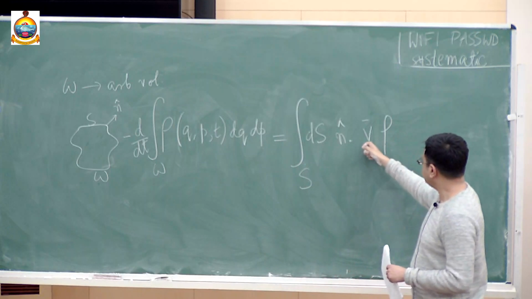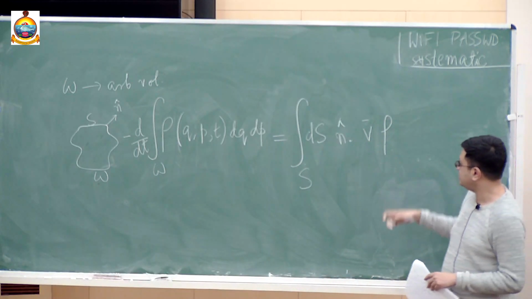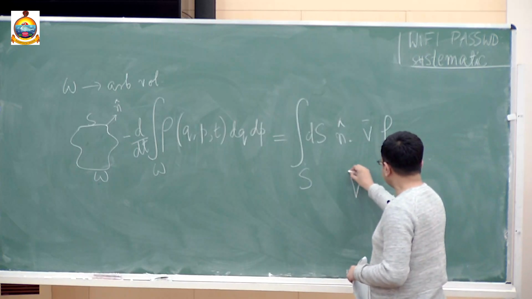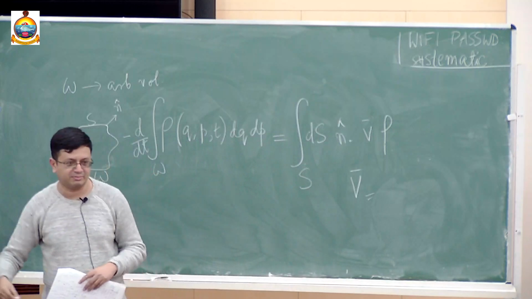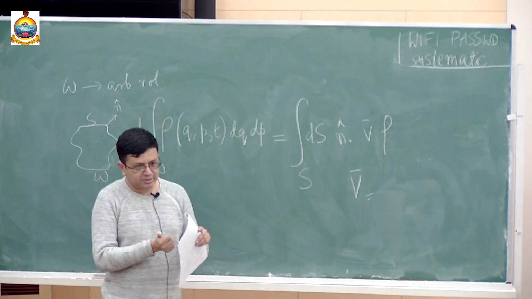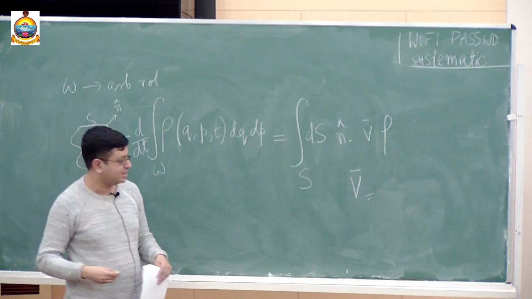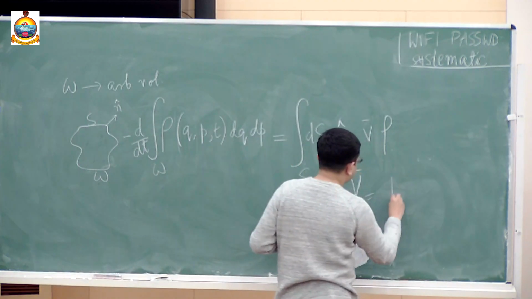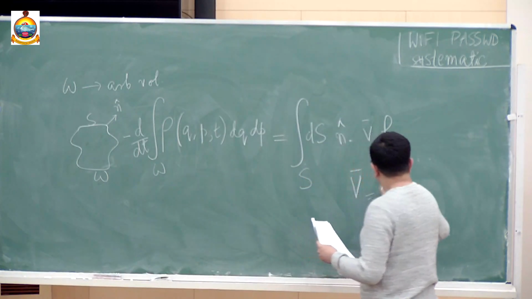So, this V rho, that is the current, right? If V is the velocity, so what is the velocity? You should remember that this is the velocity in the 6n dimensional phase space. So, there is going to be one velocity component in each of the 6n directions. So, this velocity is just given by, I have written them,